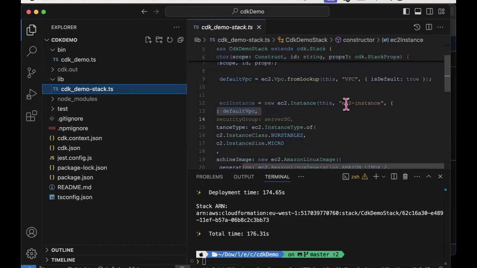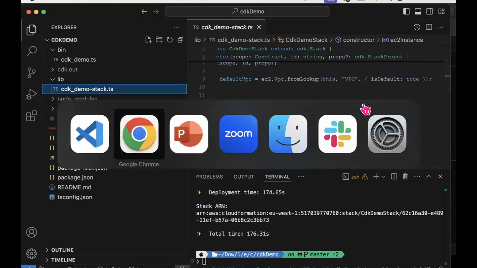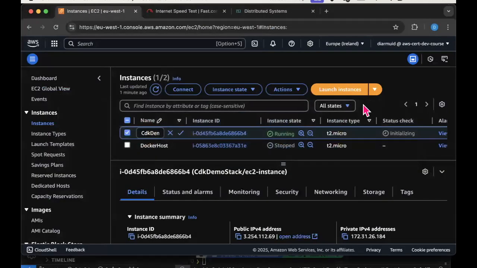Maybe EC2 instance is actually named, it's used by the CDK rather than. Is there any evidence of that here? Oh, there it is. There, look, EC2 instance. So it got that from my TypeScript code.